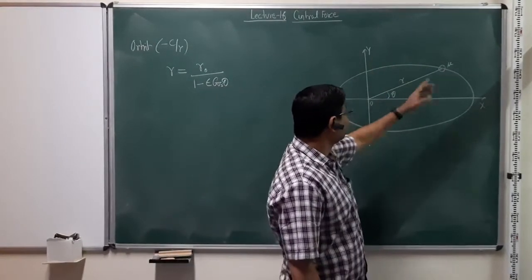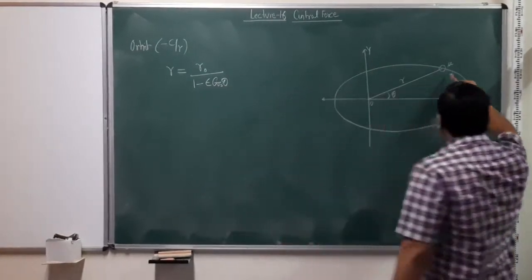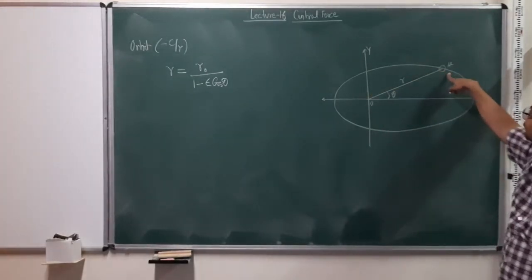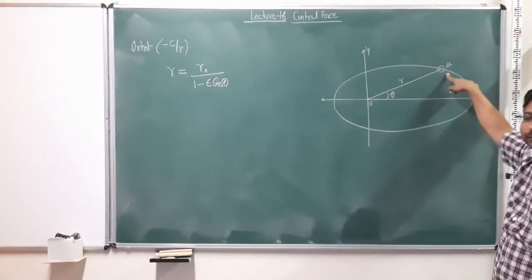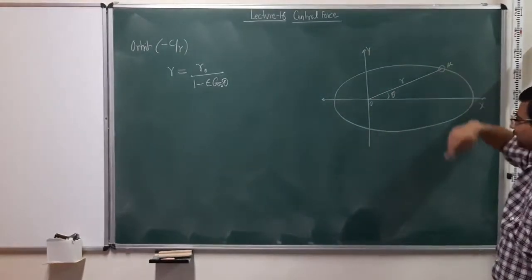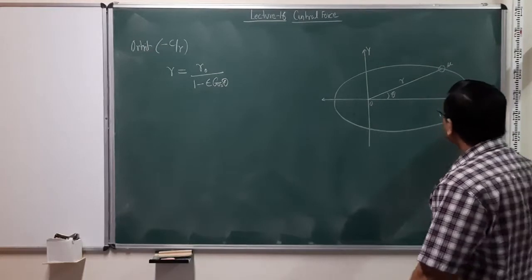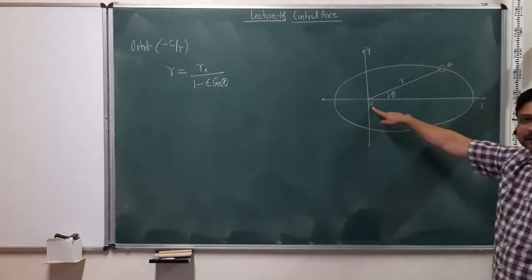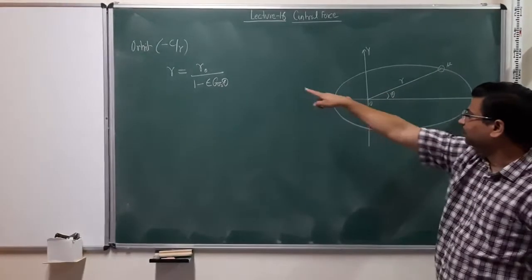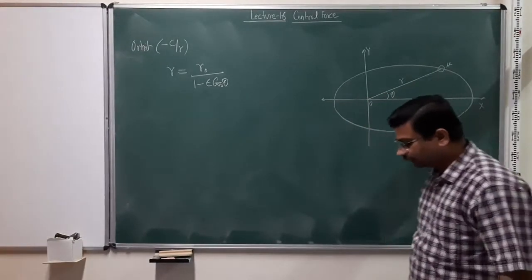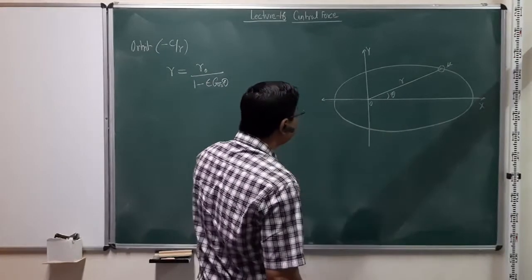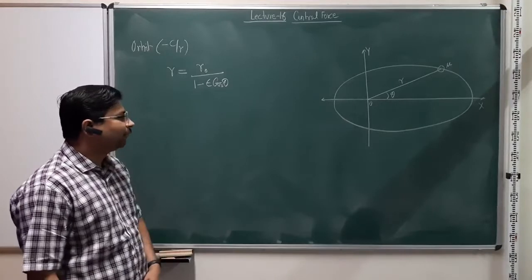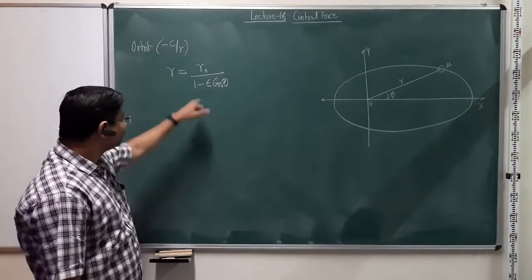So in the xy plane or r theta plane, this is the orbit of an object which is under central force, and this object for our analysis was this fictitious object with reduced mass mu. And we can always get back to our actual masses m1 and m2. The origin of the force is at the center of mass, the distance is r, and this is how r is changing as a function of theta.